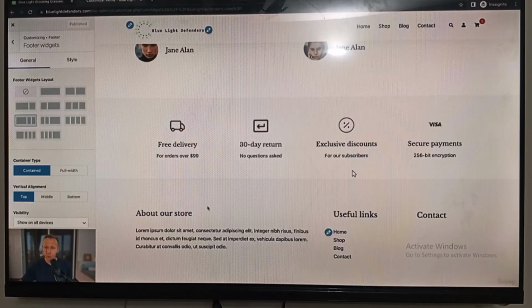big one to the left where we write a small about us section, and we use ChatGPT to make it really